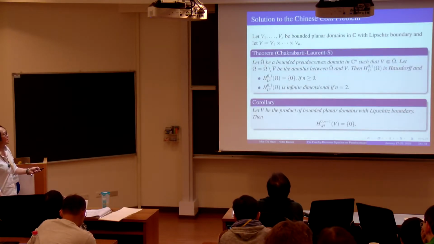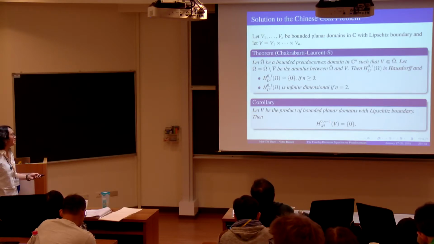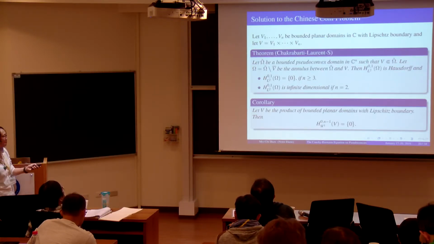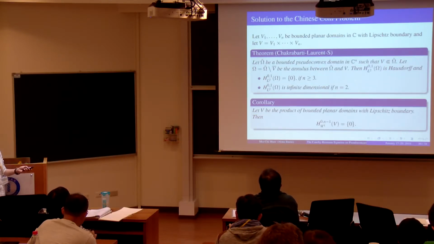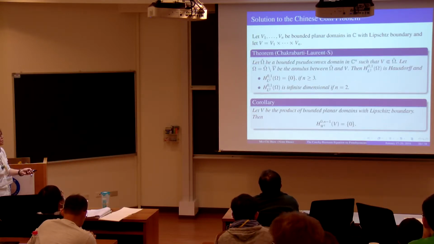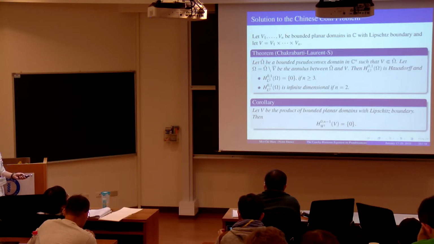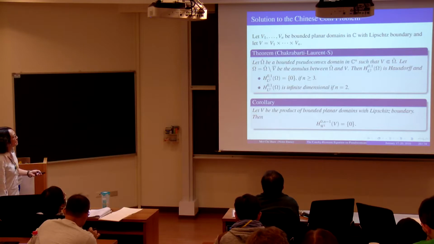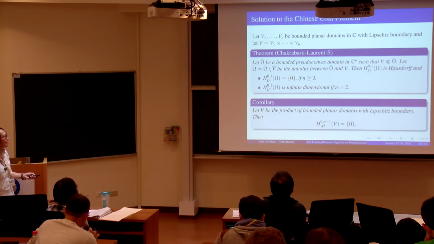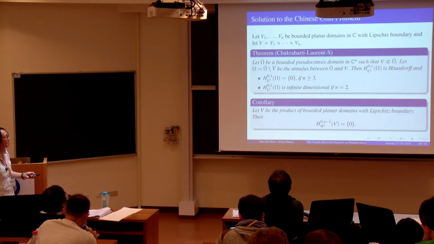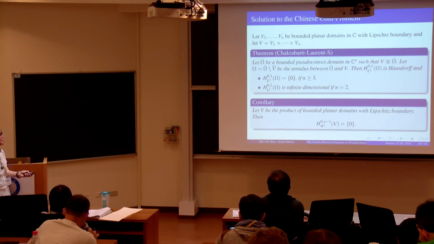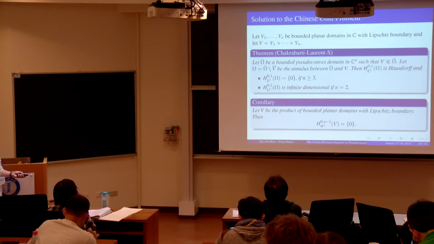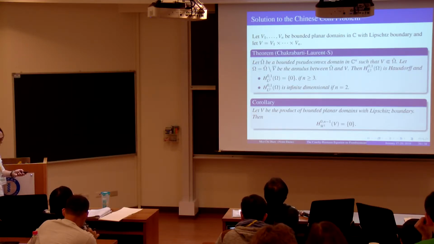This question, it turns out the answer is yes. It was solved by us more than a year ago, and it will probably appear this year in the Indiana University Mathematics Journal. And the solution is a little bit more general than the Chinese coin. So suppose we take V1, ..., Vn, which are bounded planar domains in C with Lipschitz boundary, and we take V as the product. And suppose omega tilde, the outer domain, is pseudo-convex, and we take our annulus domain. Then we show that the (0,1) L2 cohomology is equal to 0 if n is greater than or equal to 3, and the (0,1) L2 Dolbeault cohomology is Hausdorff and infinite dimensional. And as a corollary,